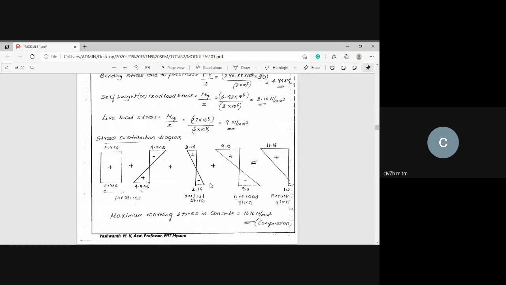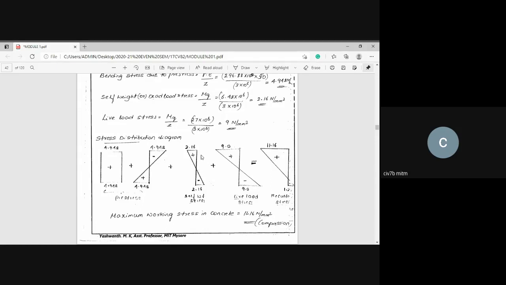Let me go with the dead load stress. Once again, draw the straight line. To my left, draw the positive line. To my right, draw the negative line. Draw the linear line. Why is it negative at the bottom? Why is it positive at the top? Why is it exactly opposite here? Because